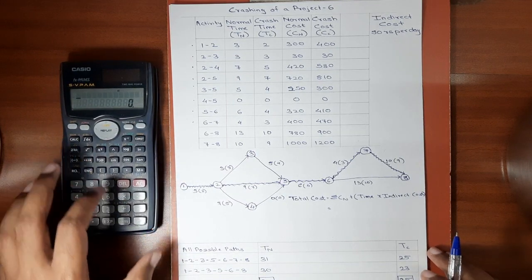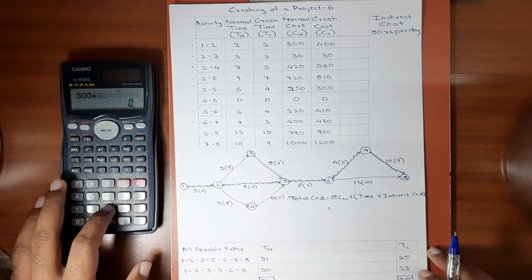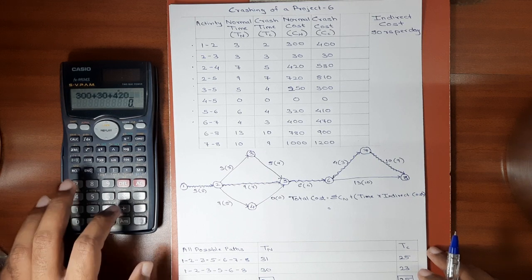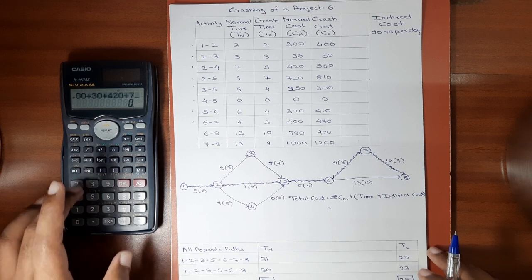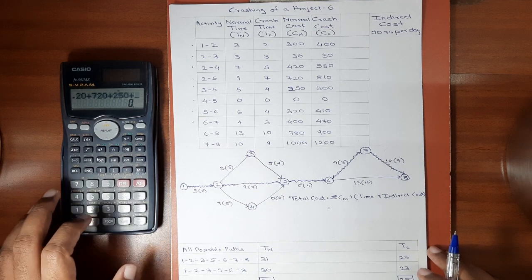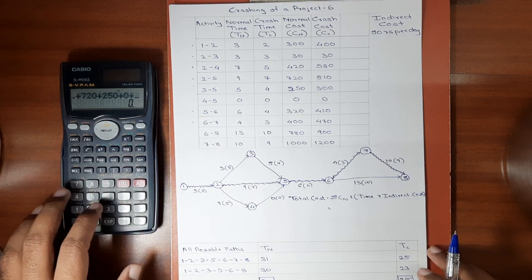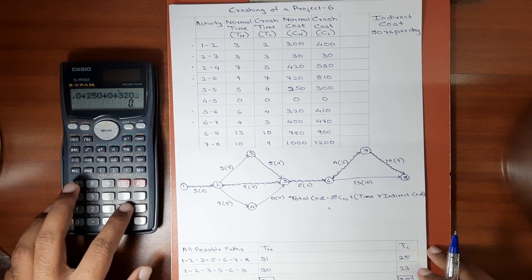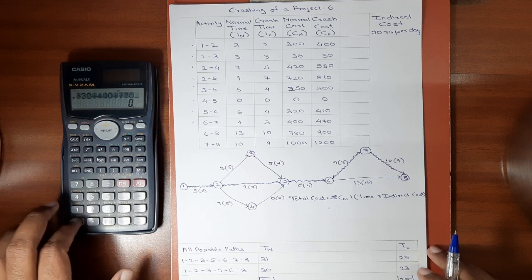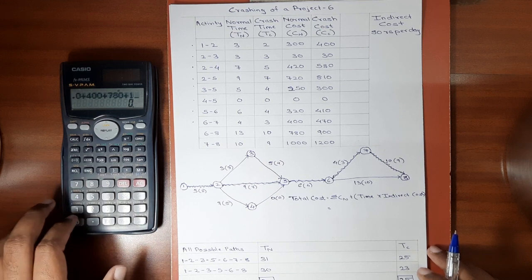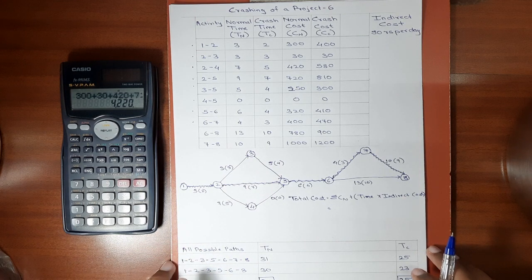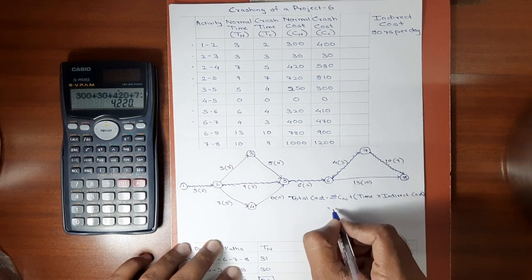So for first activity it is 300 plus second activity 30 plus third activity 420. For fourth activity it is 720. Next is 250, then 0, then 320, then 400, then 780, then 1000. The total normal cost we get here is 4220